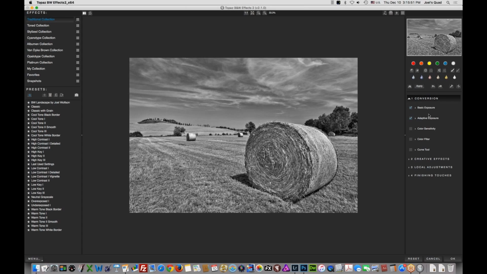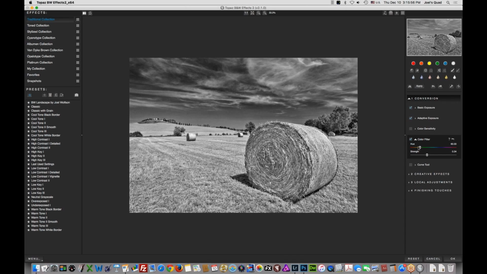So the only other thing I might want to do here is bring out the sky and the clouds a little bit, and I can do that with a yellow filter. So I'm going to go up to the top here and just use the quick button to apply the yellow filter. And you can see it automatically opens the color filter dialog down here below. Now I think that's a bit overdone, but I have a strength slider